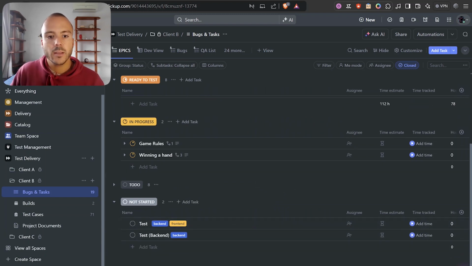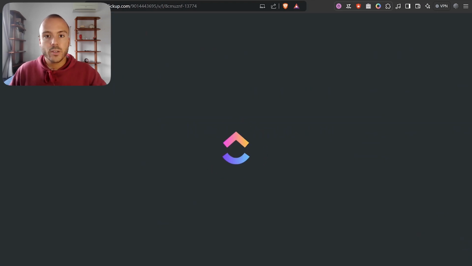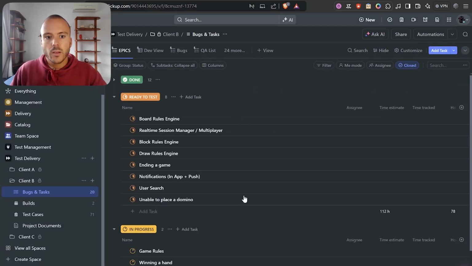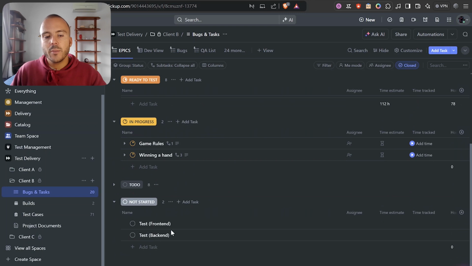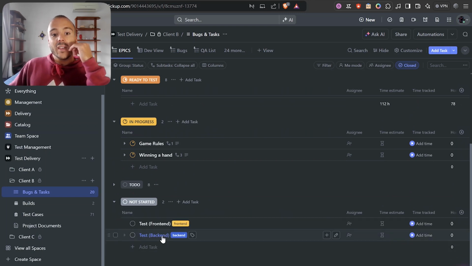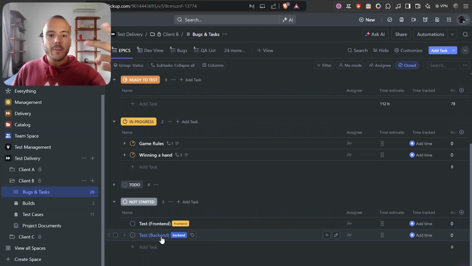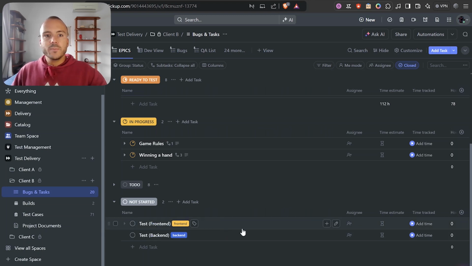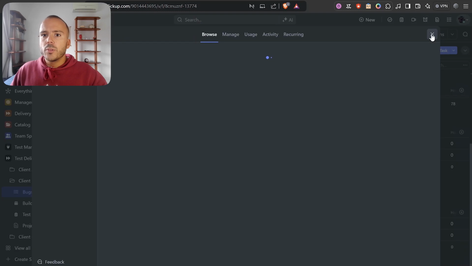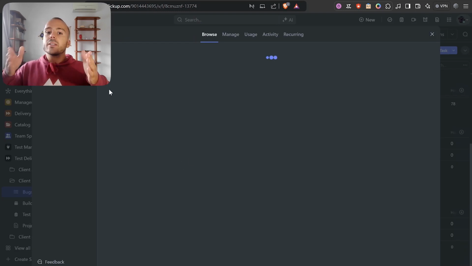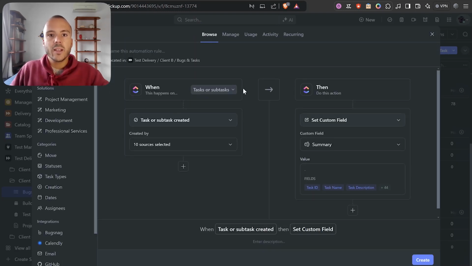I will update the page. All right, as we can see, they wanted the ability for if I tag with both, it gets split into two tasks with the respective tag on each. It's kind of a simple automation, and you may be thinking that maybe we could do this in ClickUp automations because they have like when a task or subtask gets